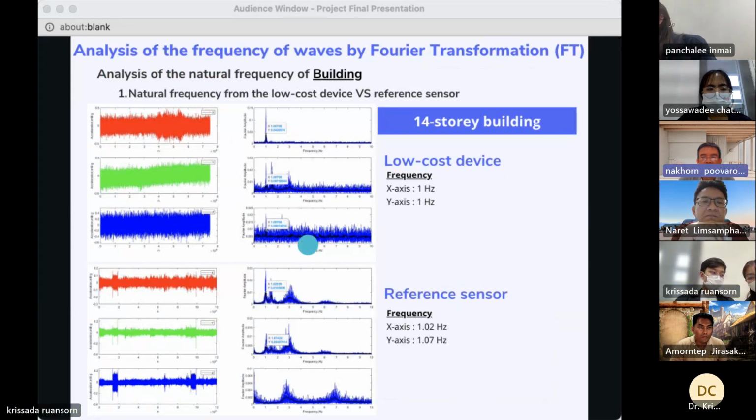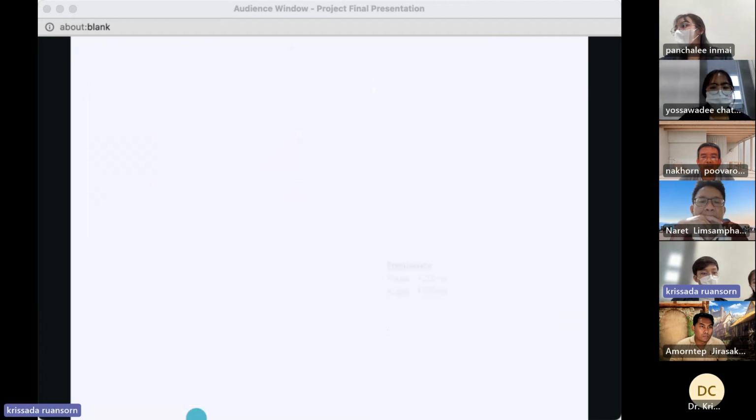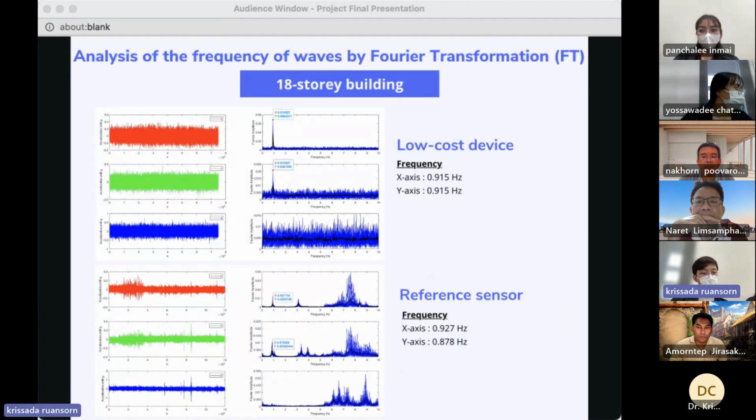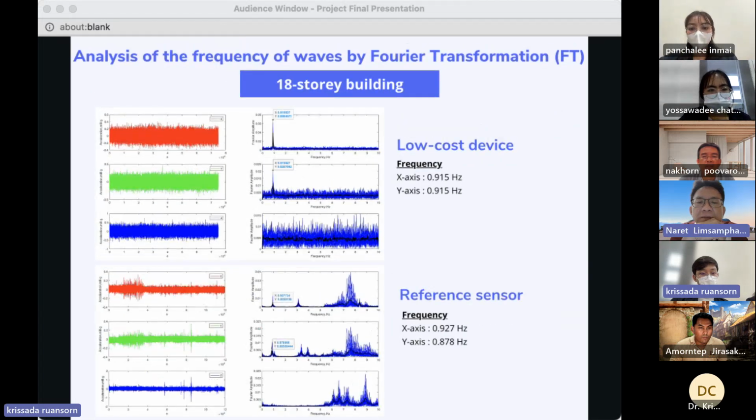I think you don't have in this presentation the comparison of the magnitude, but we have it before. I just think we have 3 buildings: 14, 18 and 60. The magnitude is found to be nearest; the low cost device on the x-axis is 0.915 and the reference is 0.927. It's quite